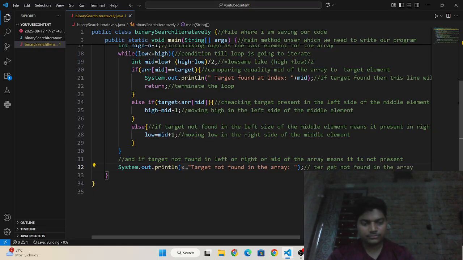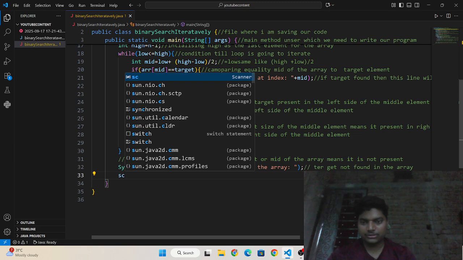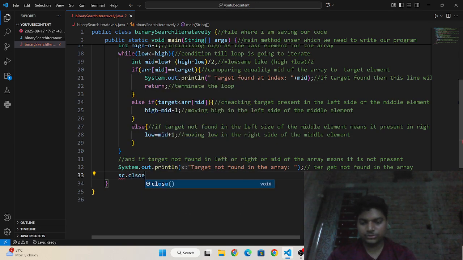Okay, now I am going to write sc dot close so that the Scanner class will close.